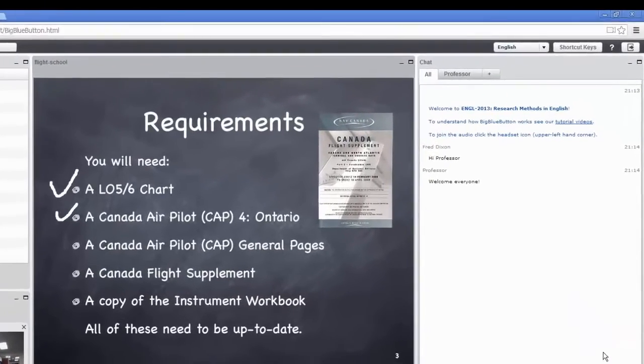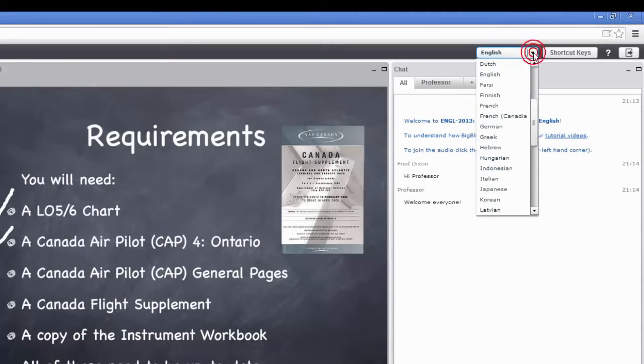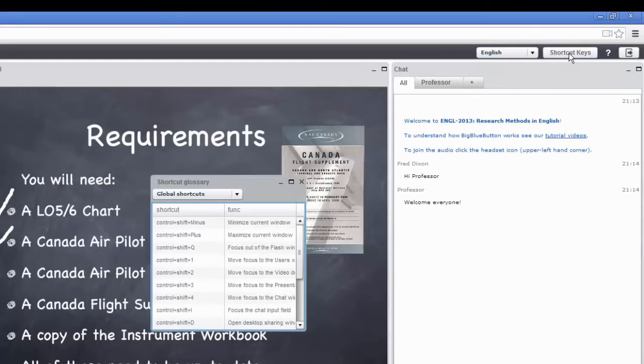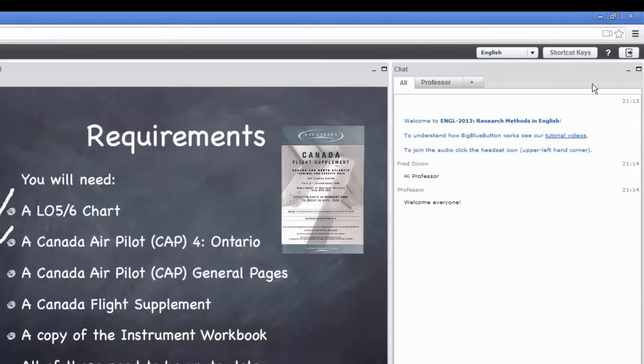Finally, in the upper right-hand corner, there are a couple more controls. You can choose the default language that Big Blue Button is displaying. You also can choose the shortcut keys, and that window will display a whole bunch of shortcuts that you can use to quickly navigate around the interface. There's a help button to get more help,